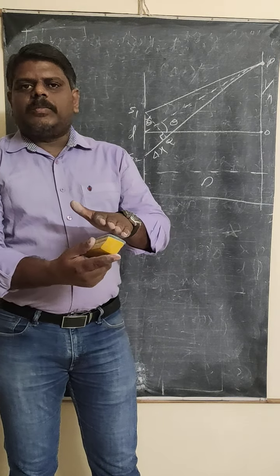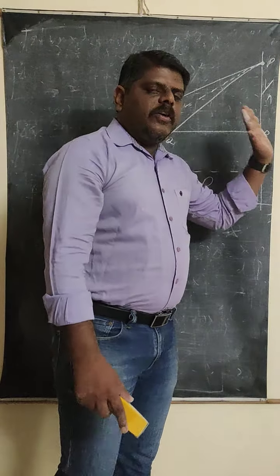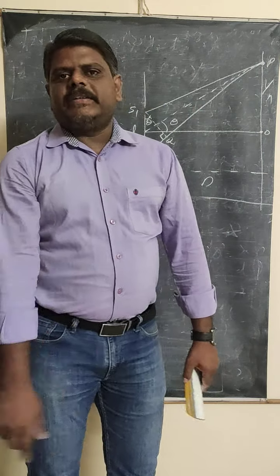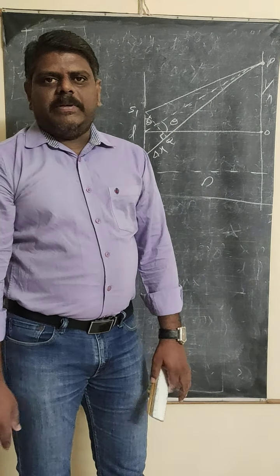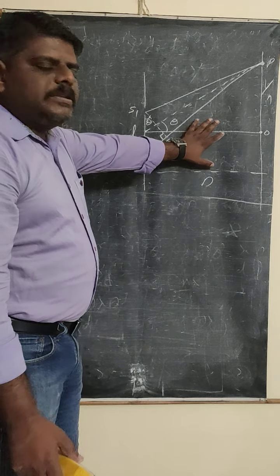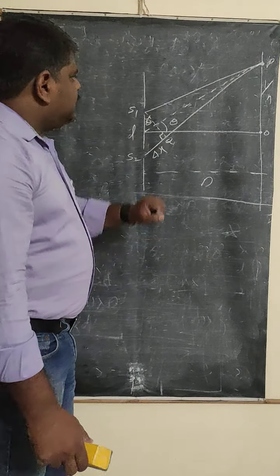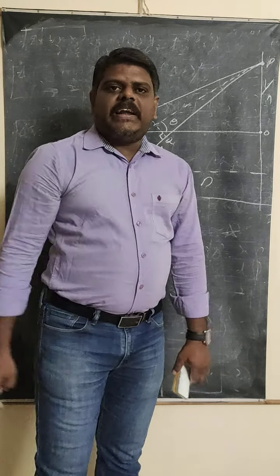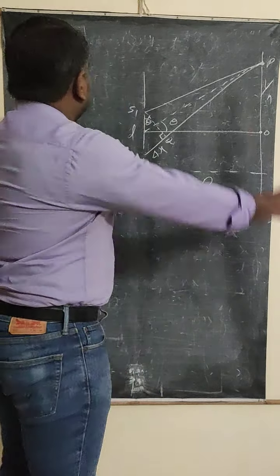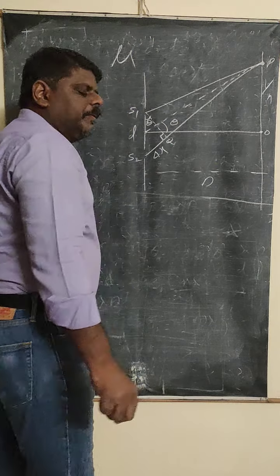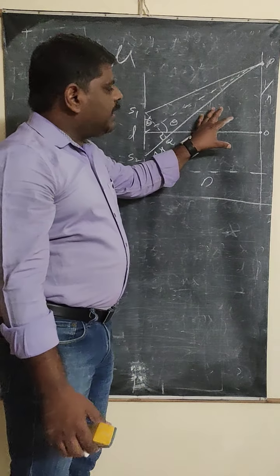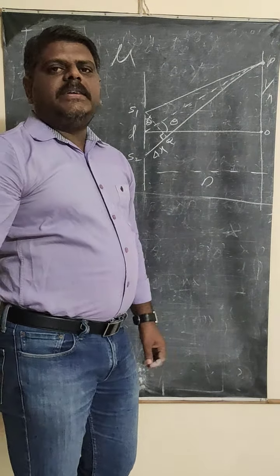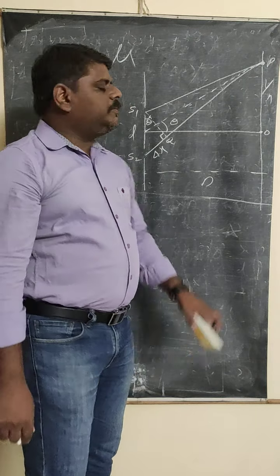Then the two light waves are superimposed, and on the screen you are going to get the spectrum which will contain the bright bands and the dark bands. That is the concept. And this is also the Young's double slit experiment. In case this Young's double slit experiment is completely immersed inside a liquid whose refractive index is mu. Okay, the refractive index can be represented by mu. That means this whole apparatus is completely immersed in a liquid whose refractive index is mu.